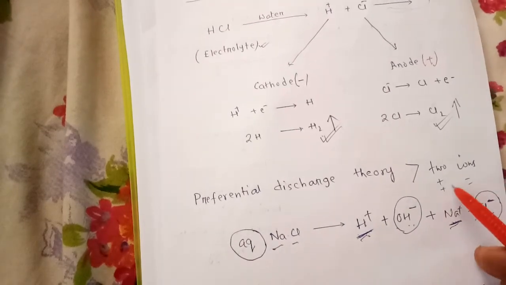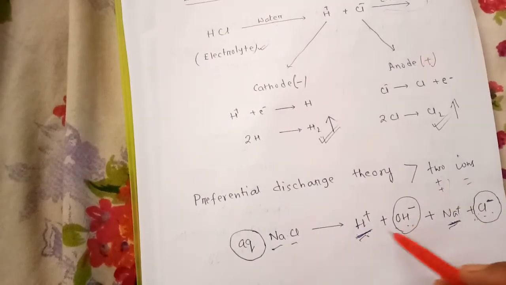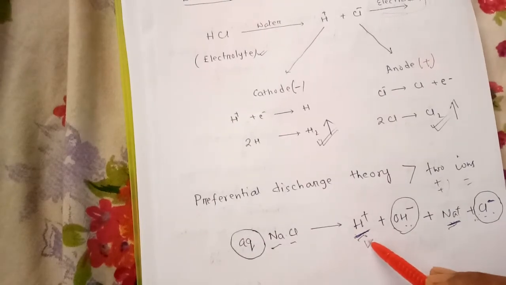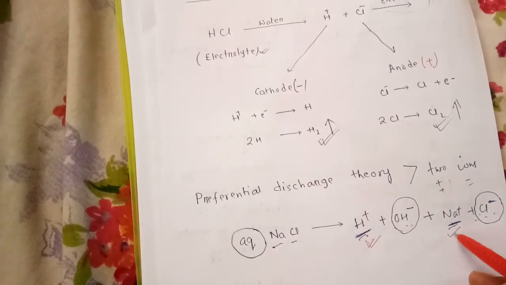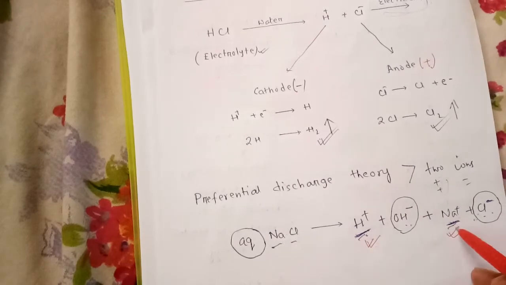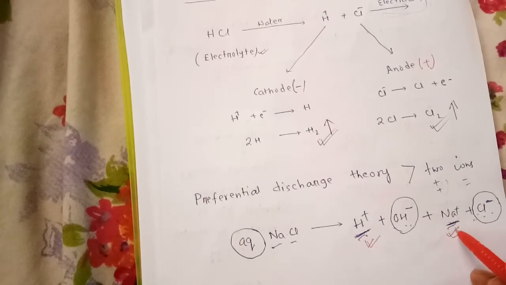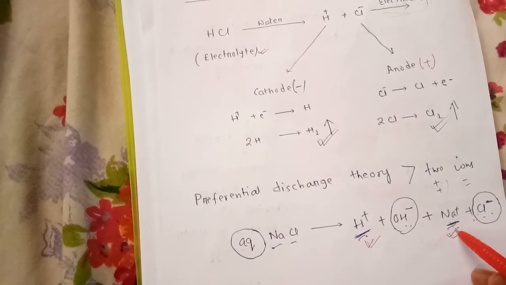Now if more than two ions are present, here there are two positive ions, one hydrogen and one sodium, both are not going to liberate at the cathode. One will liberate which requires